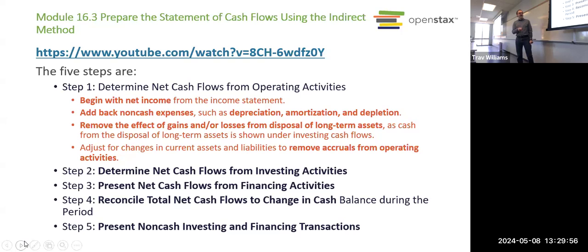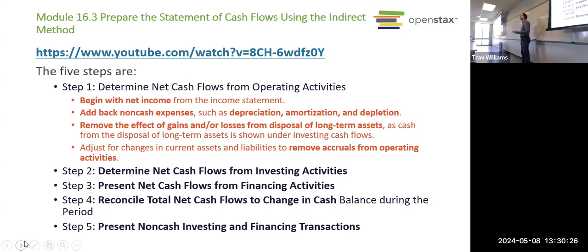Then we have the other two sections, investing activities and financing activities. Those get a little tricky on their own, but they're more straightforward, I think, than the operating section. So we'll get to those later. Once you've figured out the cash flow in each of these three sections, operating, investing, and financing, you can add up all three of them, and that's your total cash flow.